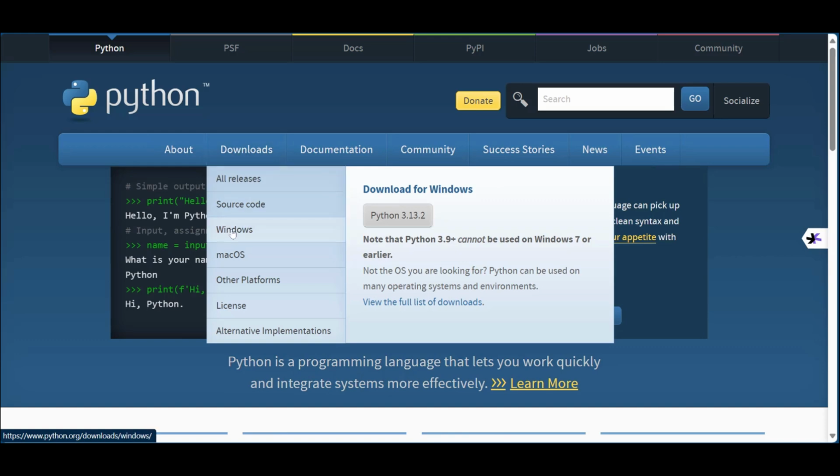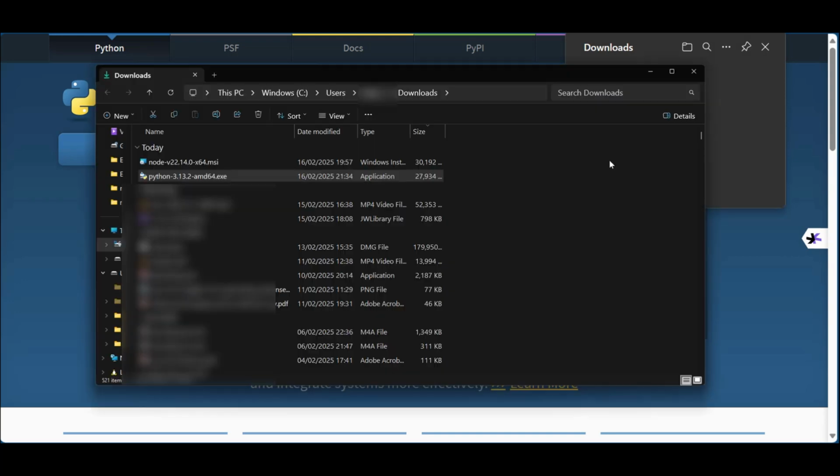You can see Windows, and here you can see download for Windows Python 3.13.2. So we're going to click on it and wait for it to download. After downloading it, you're going to locate the download folder, and when you find it, you can click on it,